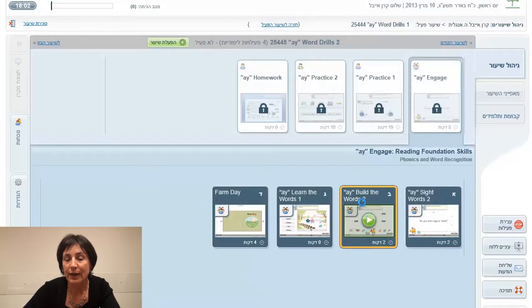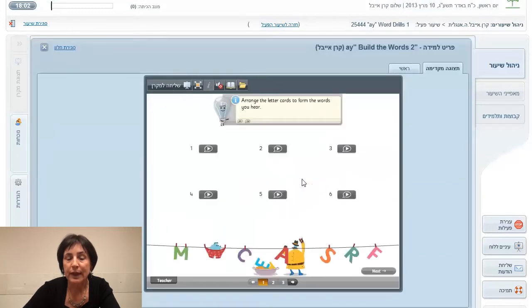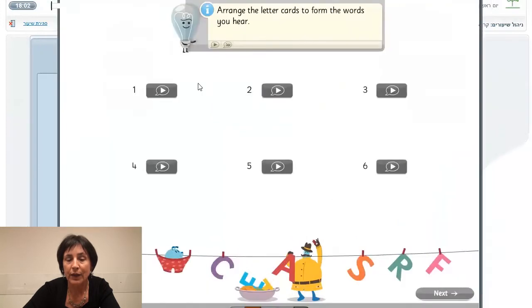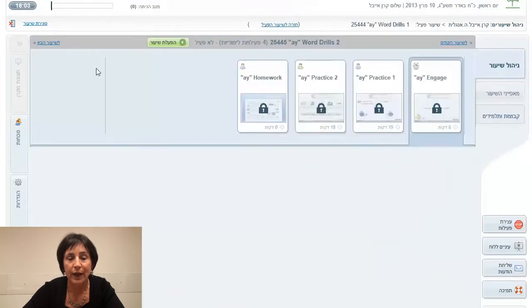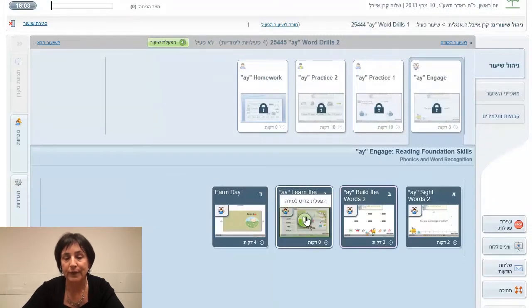The next activity we have is the build the words. This is an activity that a lot of teachers don't do either, but it's really a worthwhile activity to do, and it ties up with the word cards that are attached to the same activity in the first lesson. And what you're supposed to do is print out the word cards and let the children have the letter cards or the sound cluster cards, and then they can work in pairs, have the cards out on the table, and build the words as you hear them. Okay, and then they have to actually physically take the letters and build up the words. This does take a lot of time, so you can decide whether this is something that you want to do,